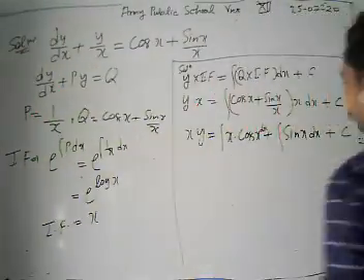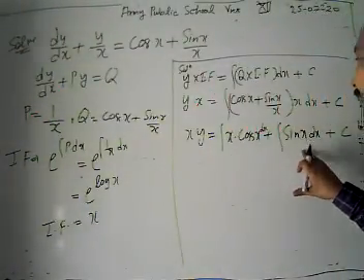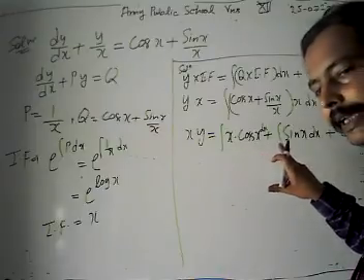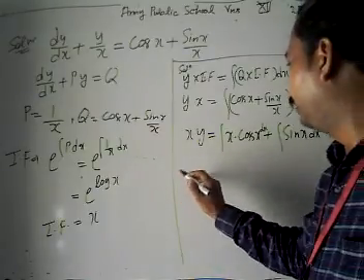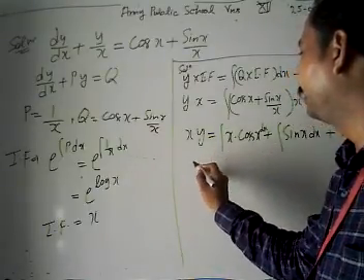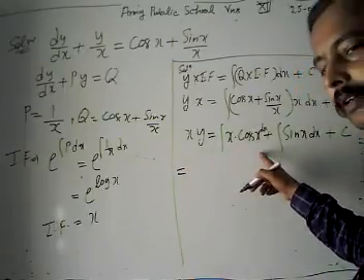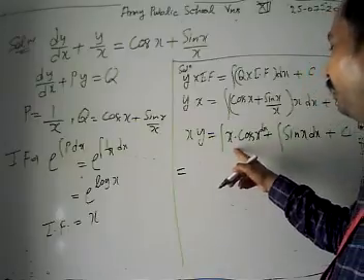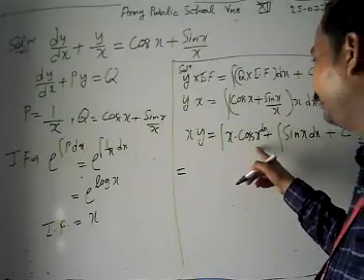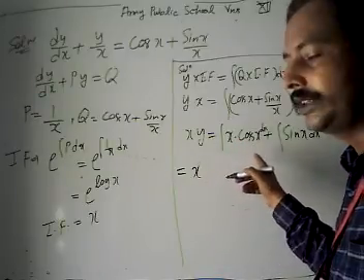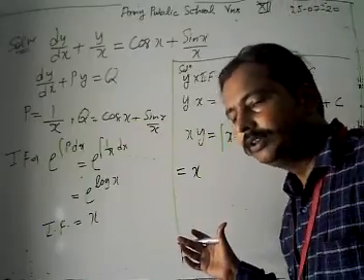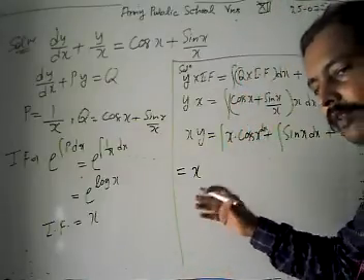Again look, we are going to integrate this x cos x, and we retain the xy. We use the first and second part: this is our first, this is our second. Then x times the integration of cos x. What is the integration of cos x? It is sin x.